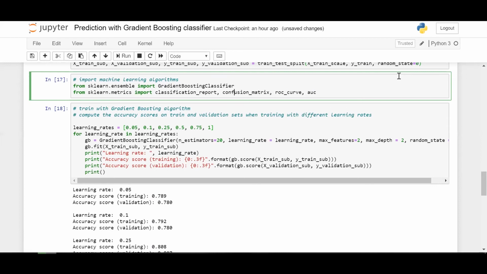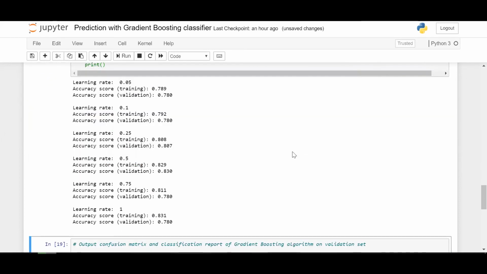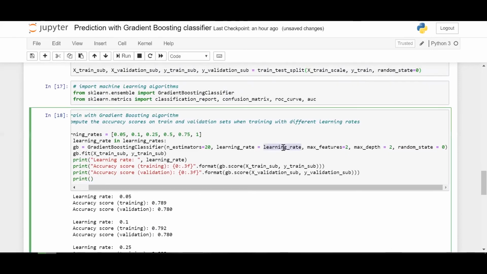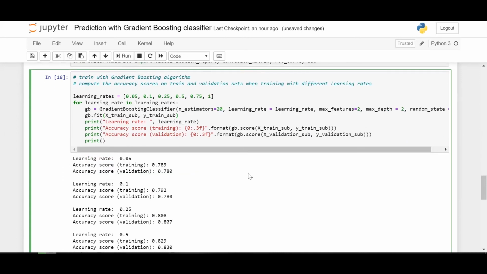So let's run this entire loop where we iterate through different learning rates and pass them as the learning rate parameter in the gradient boosting algorithm. We're not playing much with the number of estimators, max features and max depth here. We're just playing around with the learning rates and getting the accuracy.